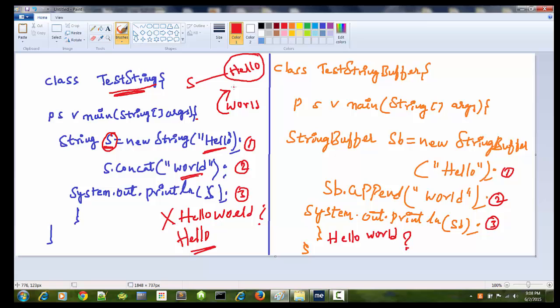We are not allowed to change or add to the existing object. That is called the immutability nature. But in string buffer we can add content or delete content, because it is a mutable object. But string is an immutable object, so we cannot change the object. If we try to change the object, a new object will be created in the heap. We will discuss that later. But the existing object cannot be changed. That nature is called immutable. And the next difference is